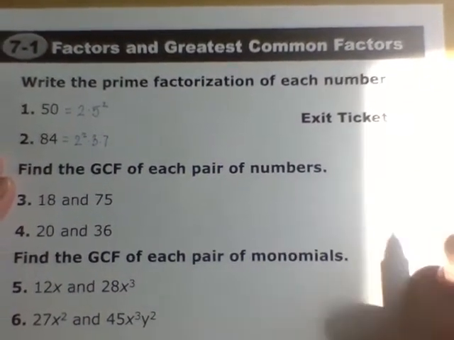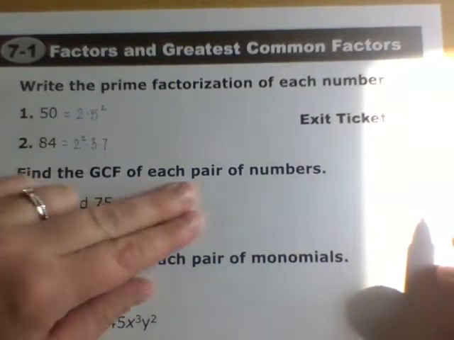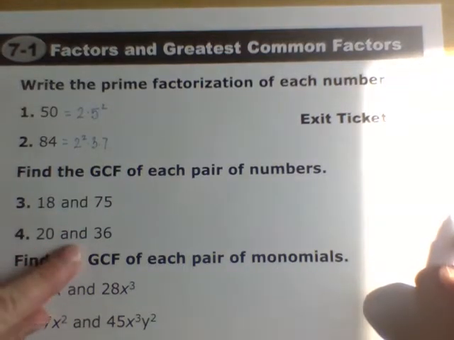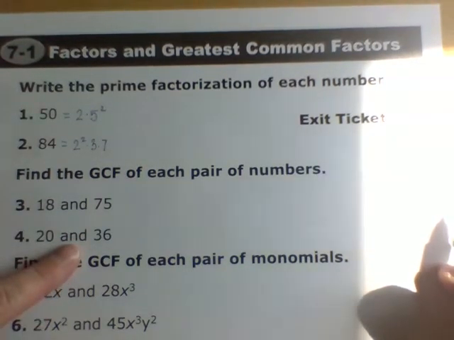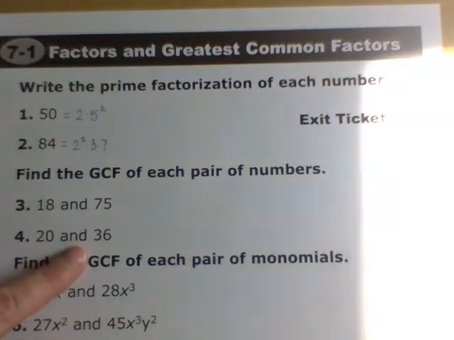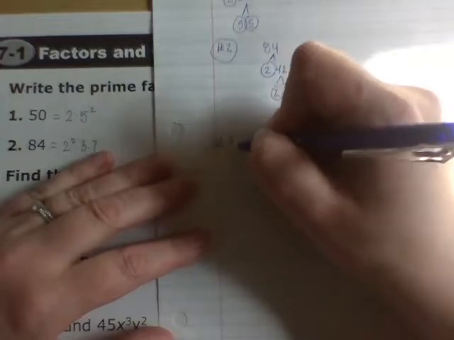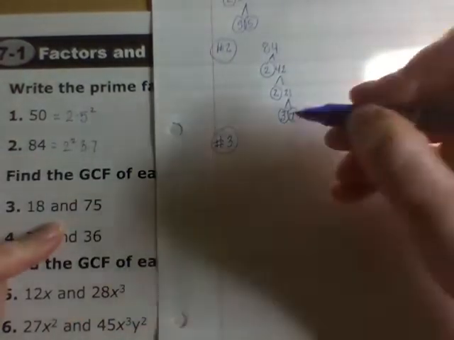All right. Then looking at the next piece, we're going to find the GCF of each pair of numbers. So I'll do number 3 in method 1, which was listing them, and I'll do number 4 in the prime factors. All right. So in number 3,